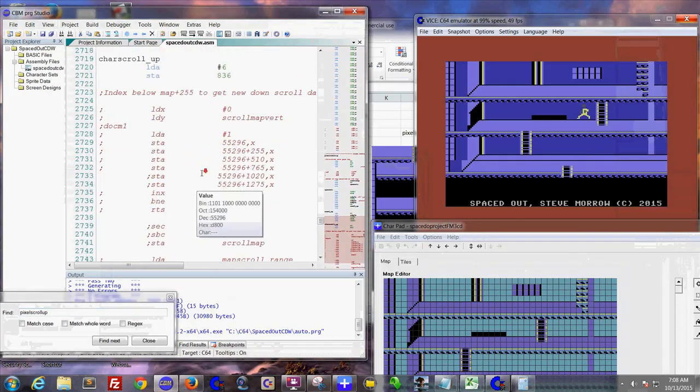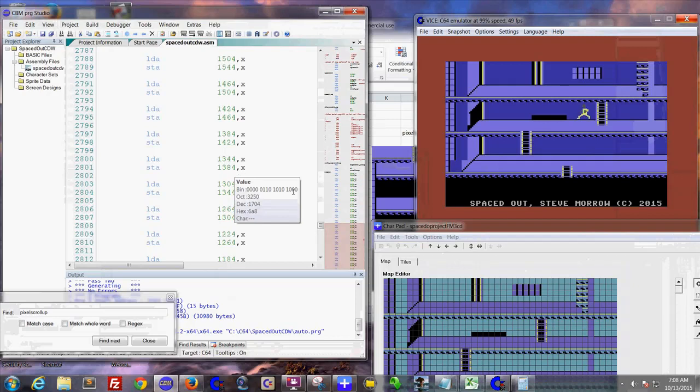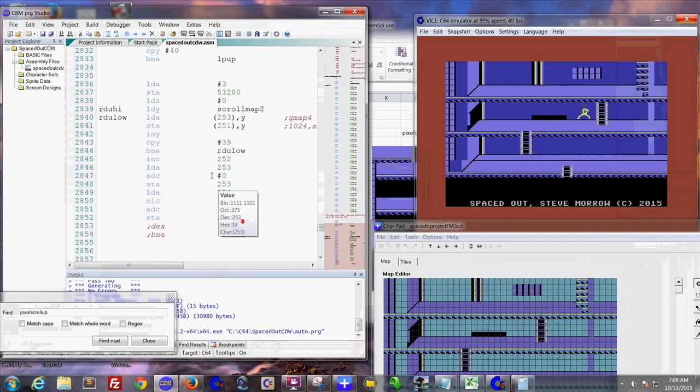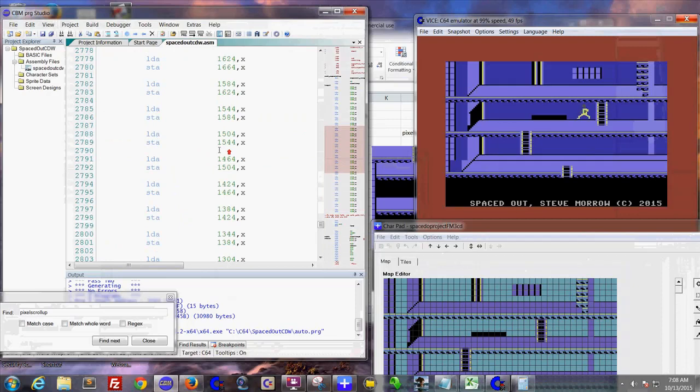So hopefully that makes a little bit more sense there. Okay, so once we have that stored in here, you see I wrote it over here, GMAP 4. Now we're going to read in the registers from 1024 and so on, so the whole screen here. And that's up here